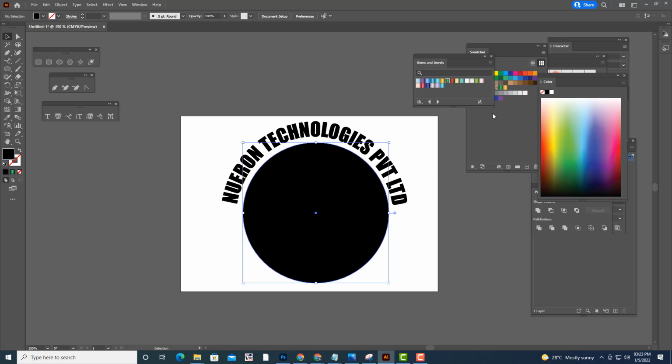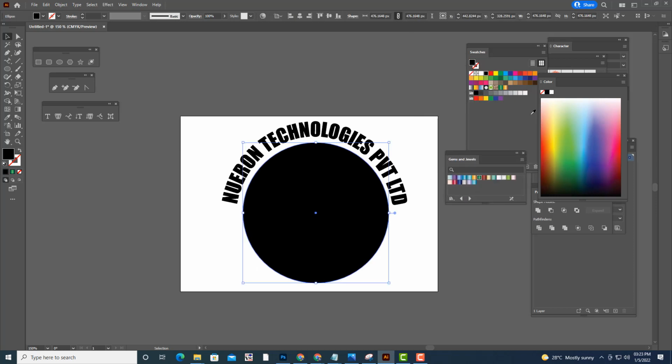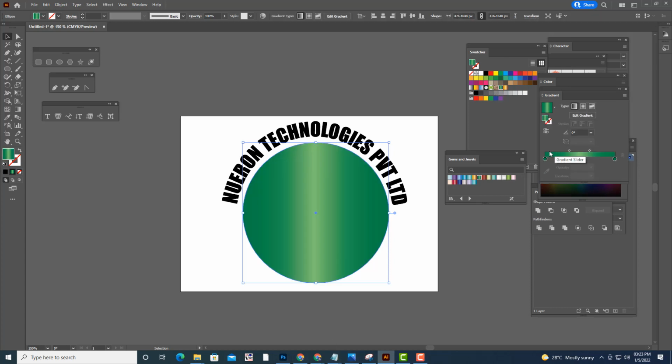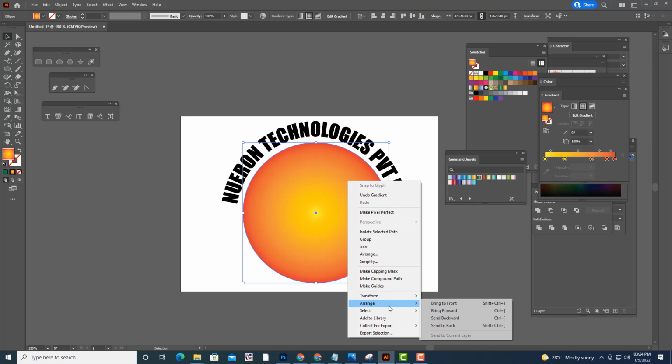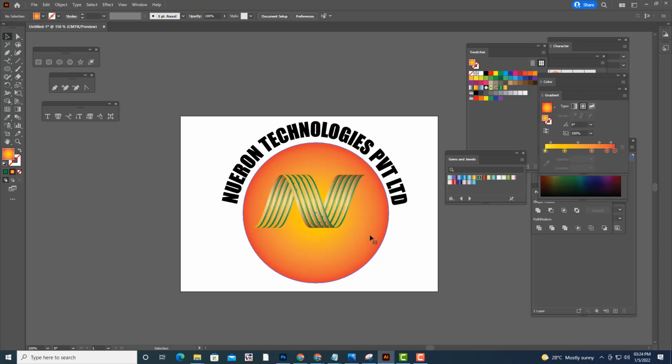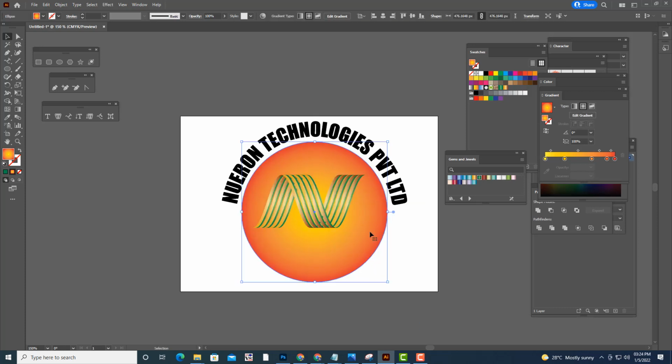And then we will give some simple gradient to this. So Control F9. Here we will use a yellow gradient. So simple, we will just say send it to back. Actually the color is mixing, so we will do one thing, we will use blue color.